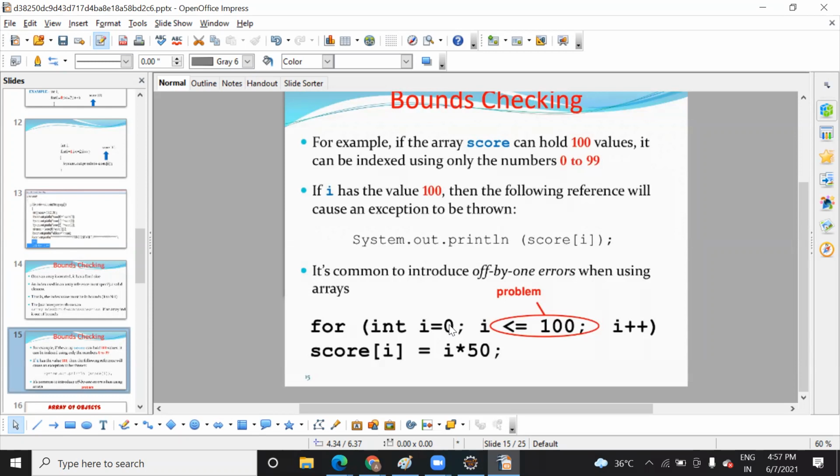So you see here, if you declare the size 100, then in that 100 the index will be 0 to 99. But if you have written i less than or equal to 100, then it will be 0 to 100 index, which means 101 values for this i value, right? So in that case it will give you the error, which is called bound checking, bound error. Do you understand now? Yeah, I do.